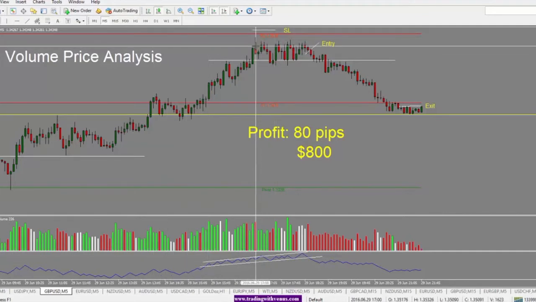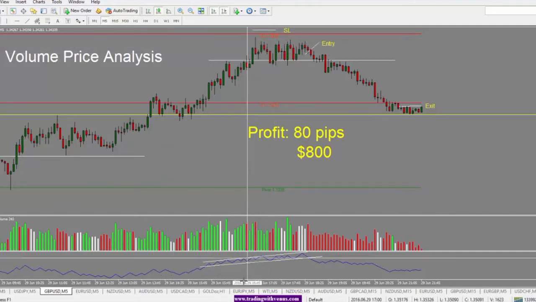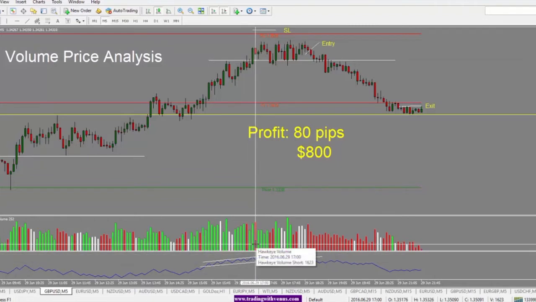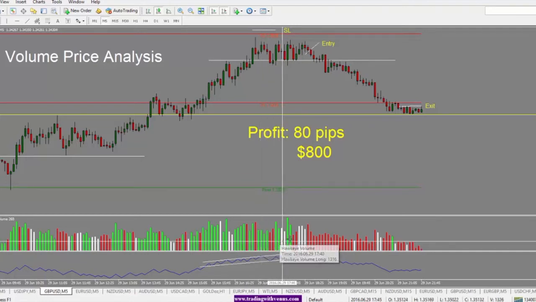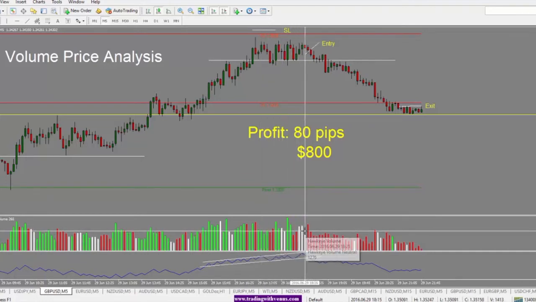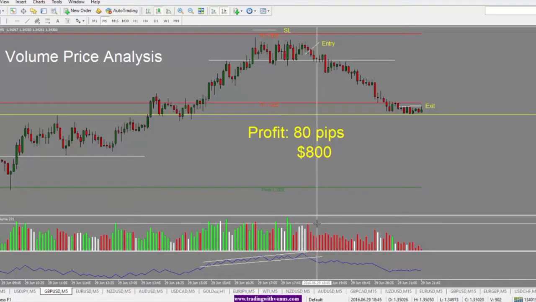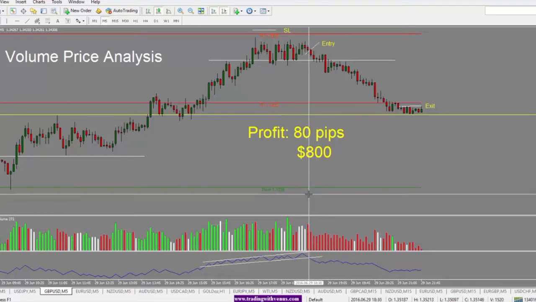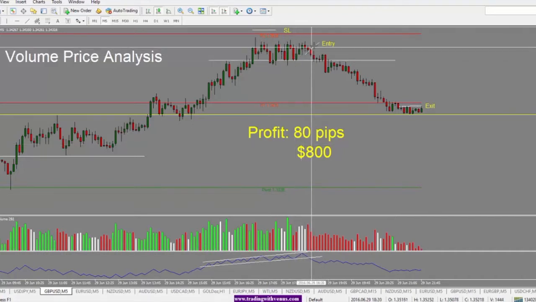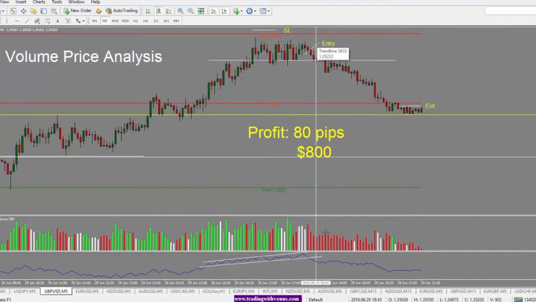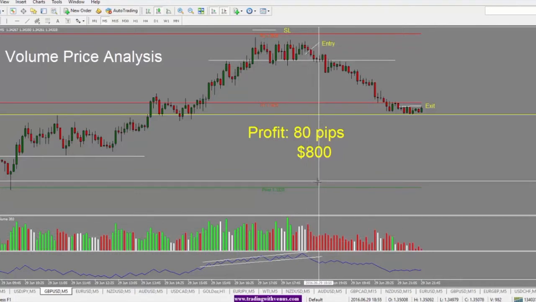So when you look at this pin bar over here, we see in the bottom here, we see red volume come into the market. But then right away we see green. And the volume doesn't really start turning till we get to this pin bar right here. This is where we have volume that is red and we have a red candle. And the second volume bar here is red as well. So this is where you can take your entry because at this point we are actually seeing some follow through